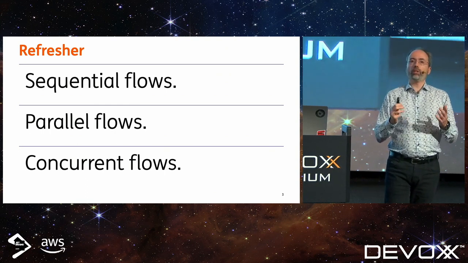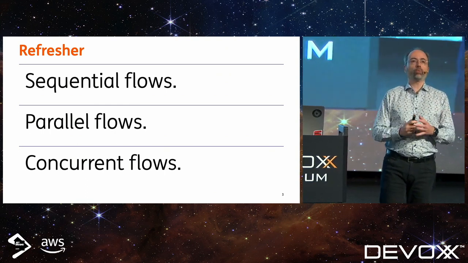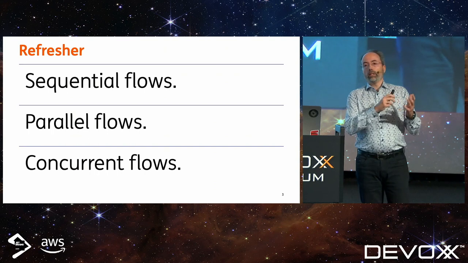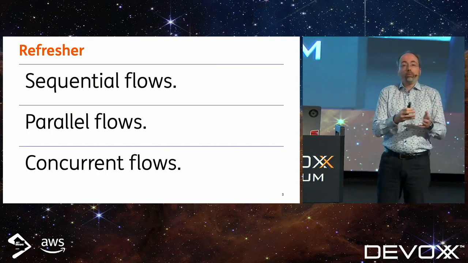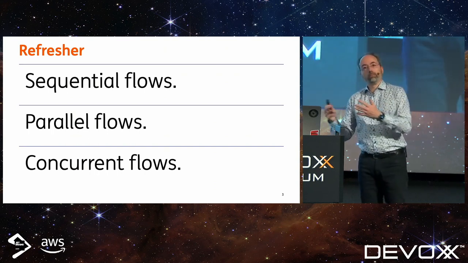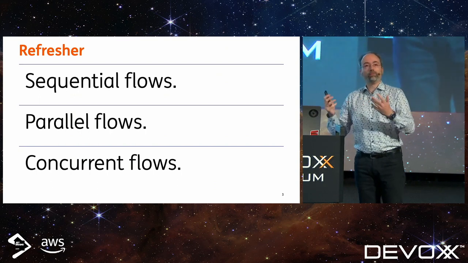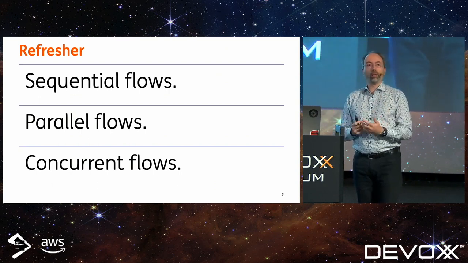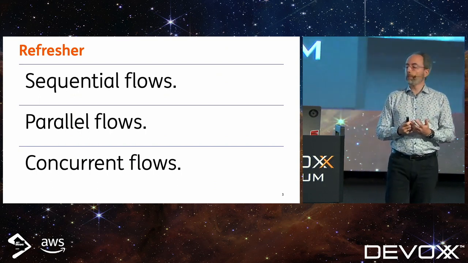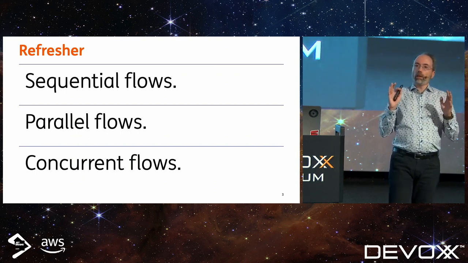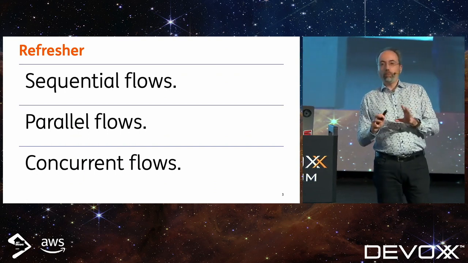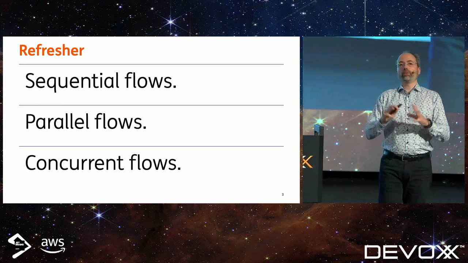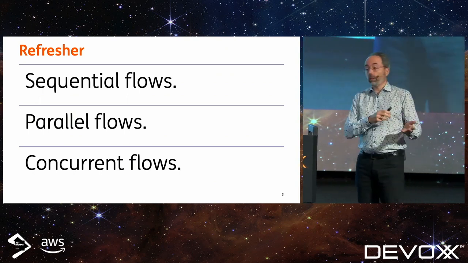Regardless of the sort of program we are writing, its instructions are going to be executed in some sort of sequence that hopefully makes sense in the end. Generally speaking, one can have three kinds of flows. Either they can be sequential,